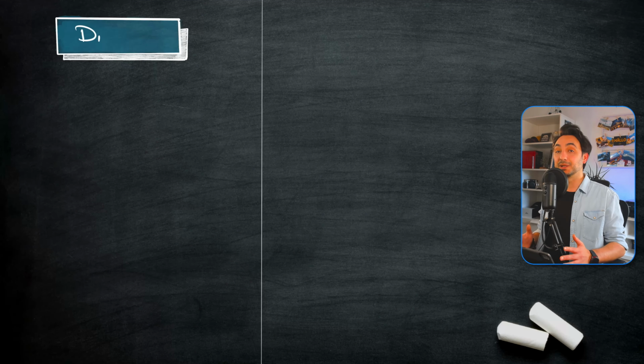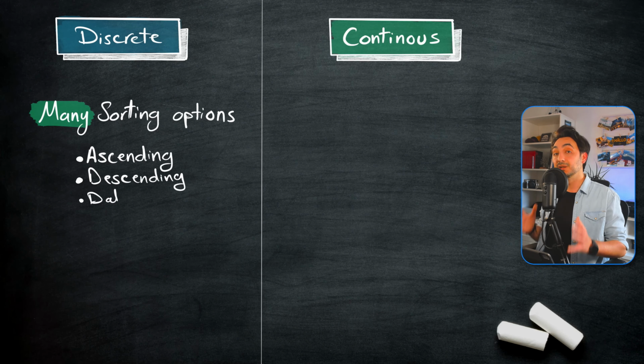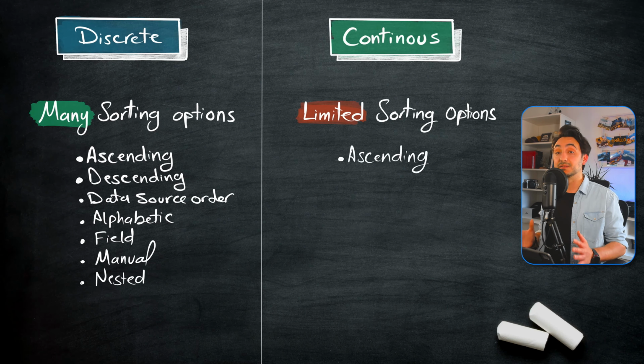Alright, so the next point we're gonna talk about is sorting data. In discrete fields, we have many options in order to sort the data. But with the continuous fields in Tableau, it is very limited. So let's see an example. We're gonna stay with the same example and we're gonna start with the discrete field